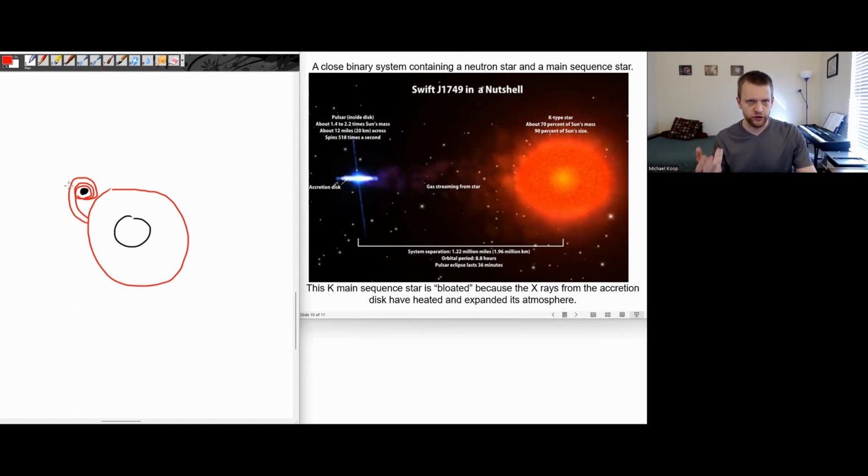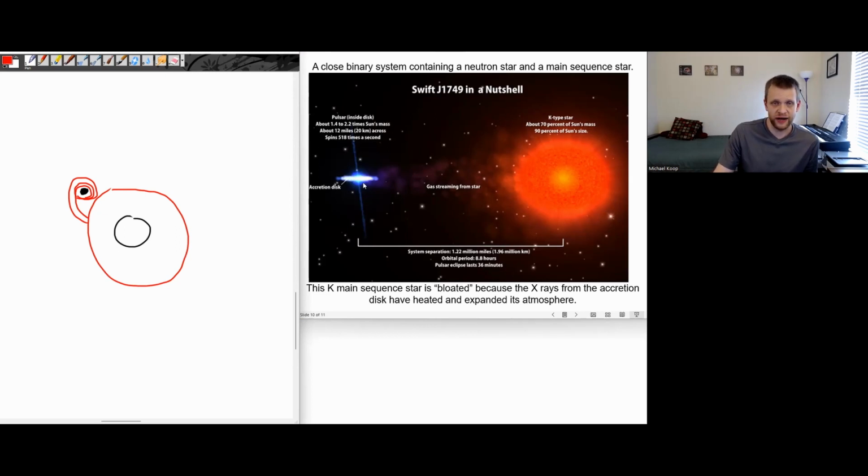And again, these accretion disks, as material is pulled in, those different layers of material are going to rub against each other. And just like rubbing your hands together, it's going to generate an immense amount of heat, to the point where the temperatures of the gases in these accretion disks can literally reach millions of Kelvin and can strongly give off X-rays. So we've detected cases of a neutron star in orbit around a main sequence star, and the